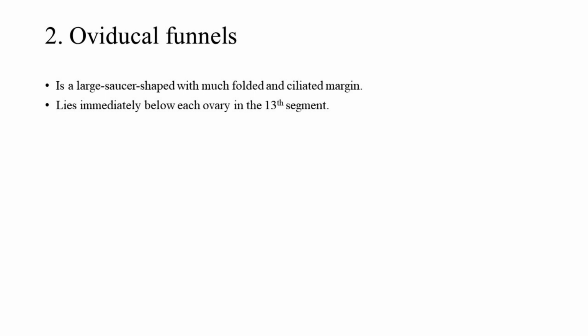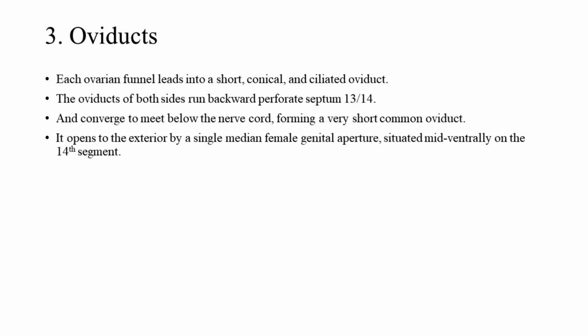Lies immediately below each ovary in the 13th segment. 3. Oviducts. Each ovarian funnel leads into a short, conical, and ciliated oviduct. The oviducts of both sides run backward, perforate septum 13/14, and converge to meet below the nerve cord, forming a very short common oviduct. It opens to the exterior by a single median female genital aperture, situated midventrally on the